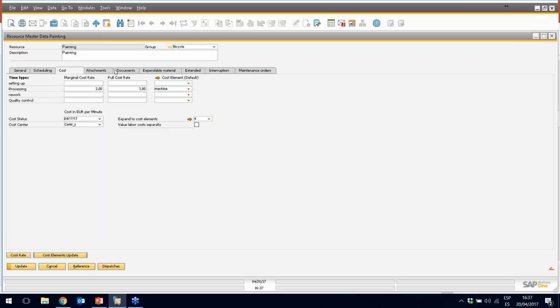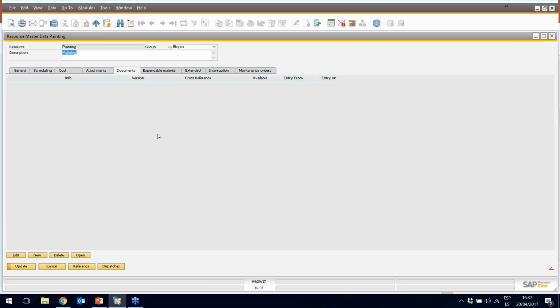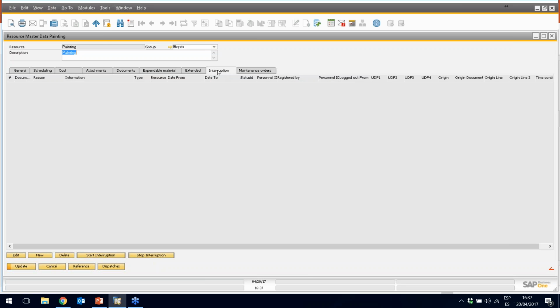is visible now. Okay. Also, like all the rest of our master data, we have an attachment tab where we can include pictures, or we can also include files such as PDF files and Excel files that we can assign to our resource. Okay. Also, another good thing is that when we are going to do maintenance, or